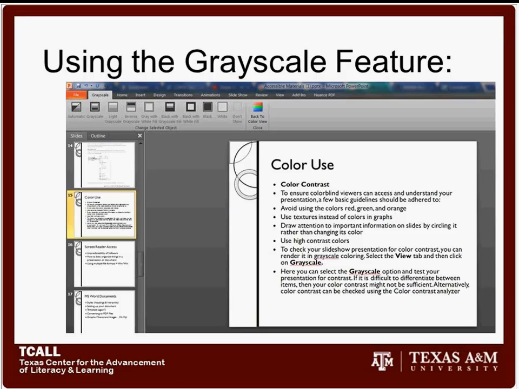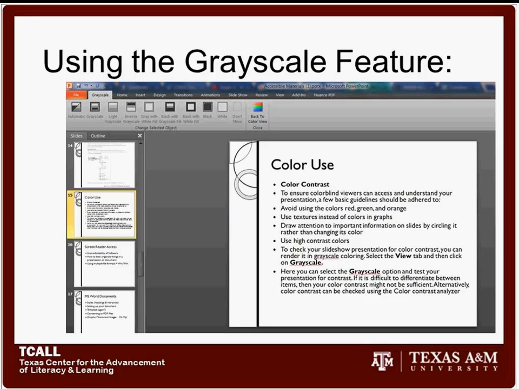We're on slide 29, our color use. Again, this is the grayscale feature that we talked about last time. Really, it's somewhat difficult to stay away from those shades of red and green and yellows or oranges in a lot of stuff. So what you really want to worry about mainly is, when you're looking at your templates and your other color schemes that you're using from the design view,